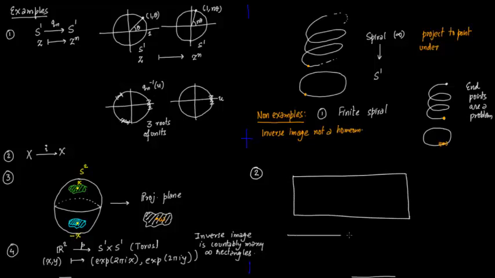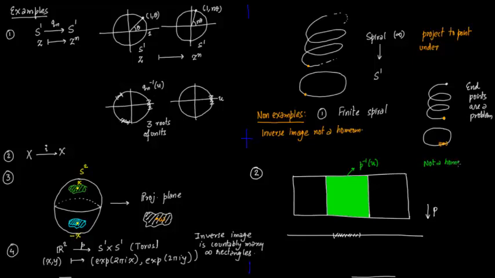Another example, say you take a big rectangle and you project it on the line. So then you take an open interval u on the line, which I've just marked. So corresponding to it, you have P inverse of u. So this is P inverse of u, this entire green rectangle. Now again, this is not a covering projection because we do not have a homeomorphism from this open set u to P inverse u.